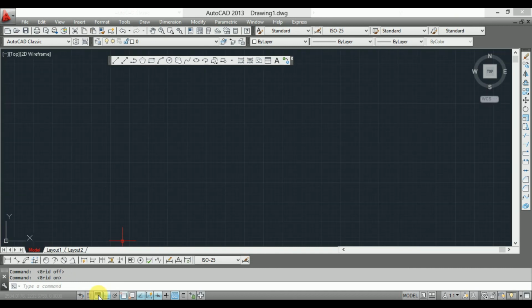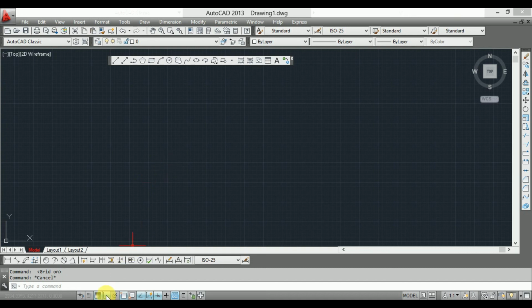If you click on grid, the grid is on. If you click it off, it turns off. You can see the window has been cleaned. My preference is to always work on grid, because it's a simple way. It's your choice whether you want to work on grid or not.